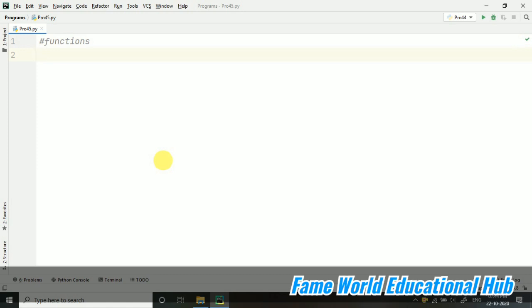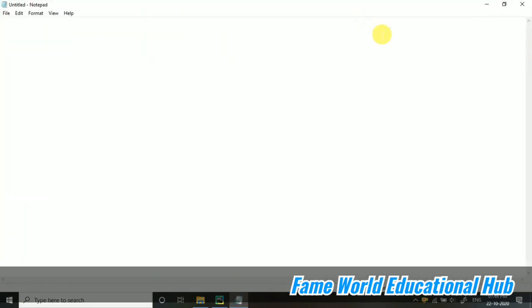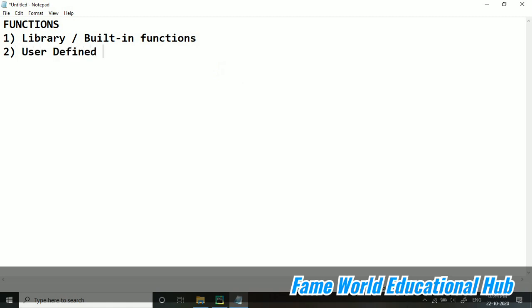When we are talking about functions, first of all the question comes: what is a function and how many types of functions do we have? Basically there are two types of functions. First, library functions, which you can also call built-in functions, and the other one is user-defined functions.